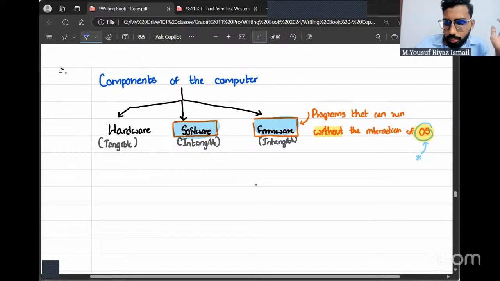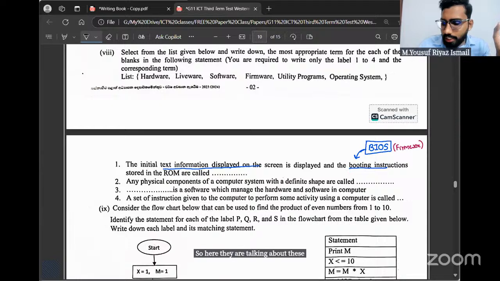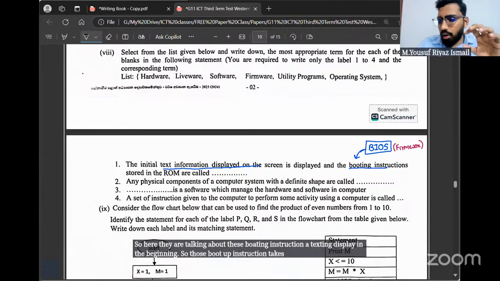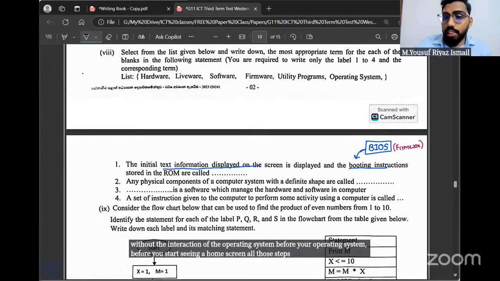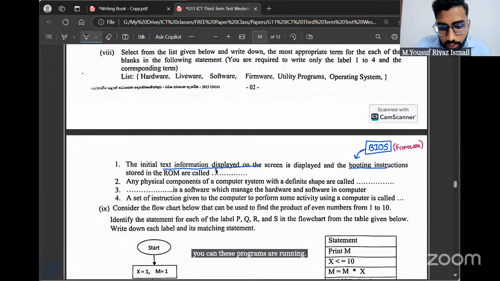Here they are talking about the booting instruction text displayed in the beginning. Those boot up instruction texts are all types of firmware because they run without the interaction of the operating system. Before you start seeing a home screen, these programs are running. So they are actually firmware.